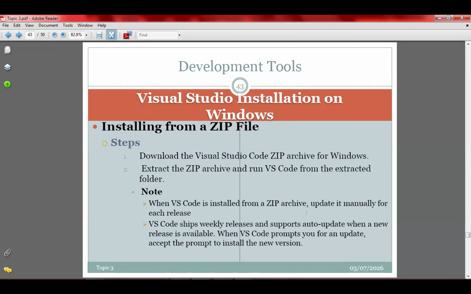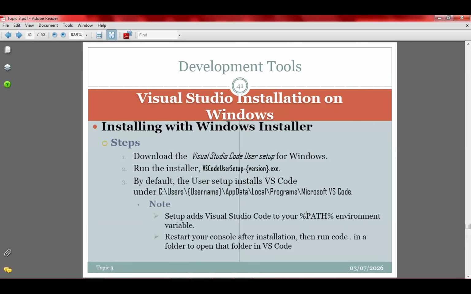You can download the Visual Studio Code zip file, unzip it, and then install it. So in all, I've given you the steps for doing these three things. That's the same one on slide number 40. So go to the step, and then I've given you the steps. When you download, you run the installer, and then you can use it. It's very easy to use.